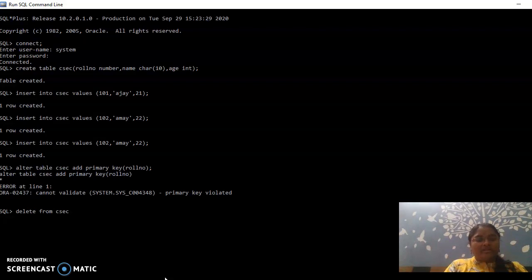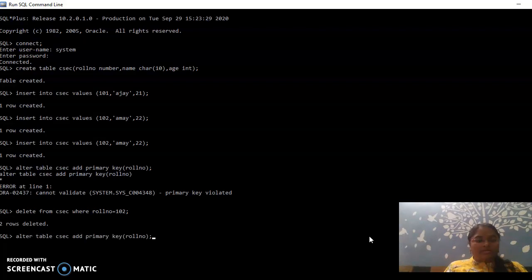Delete from CSCC where. Some extra information you can add by using the where clause. So delete from CSCC where roll number is equal to 102. If I delete roll number 102, both the records will be deleted, right? So 2 rows got deleted.